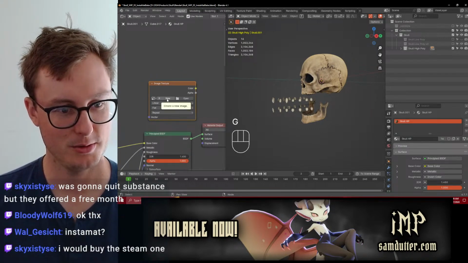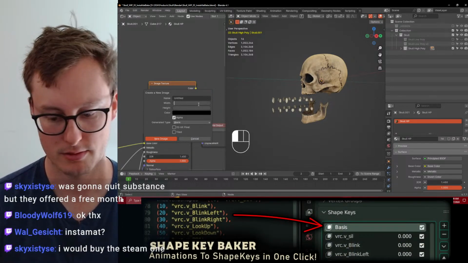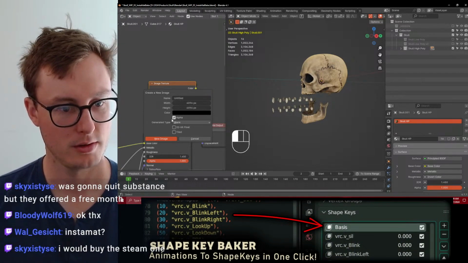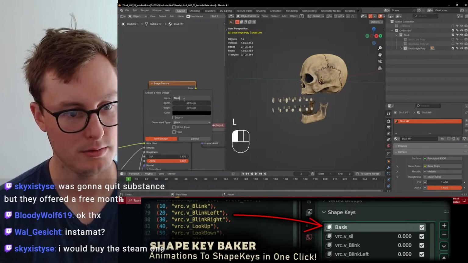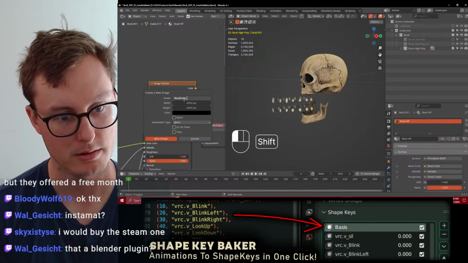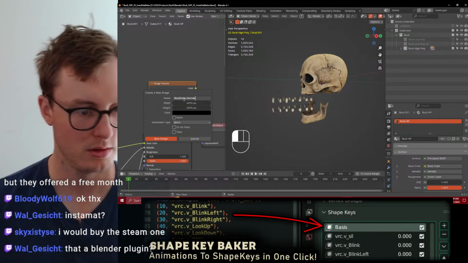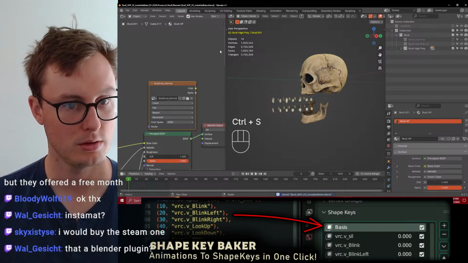So we're going to get a new image, make it 4K. No alpha, and we'll say stall insta, because we're testing on InstaMat, normal. New image, and I'm going to save this image.